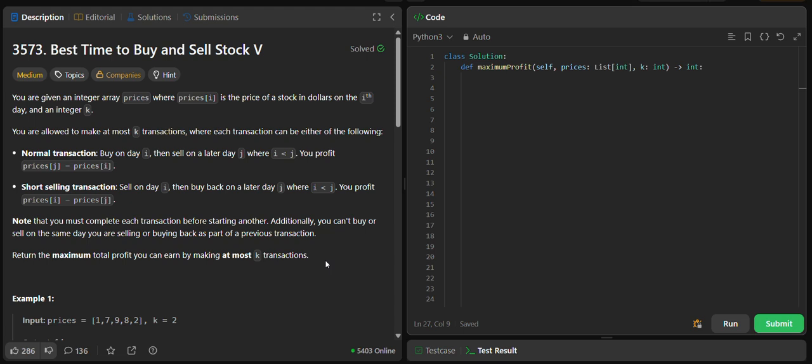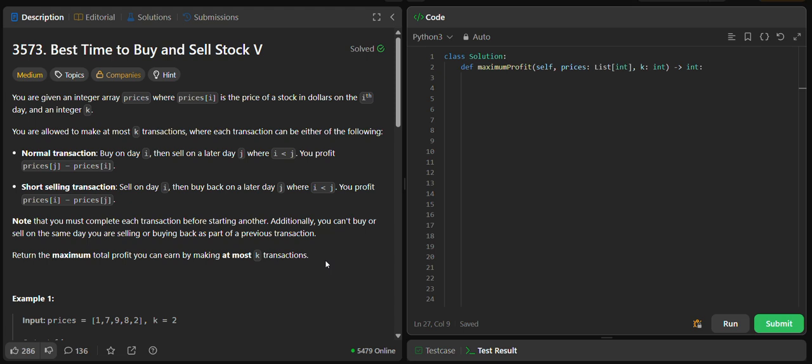Well, this is a variation of the buy and sell stock DP problem where we usually use the take or not take method. Meaning in take we make a transaction, and in not take we don't make any transaction. So this problem has two twists. First, we can make at most k transactions, and second, we have two types